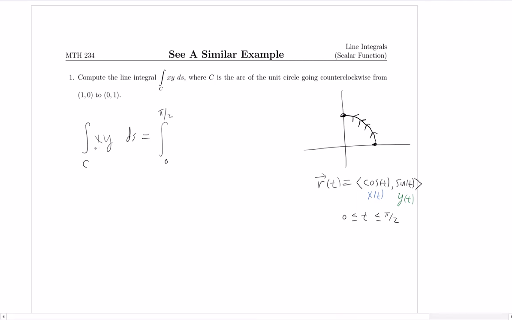And then we simply replace x and y with the component functions of our parameterization. So x was cosine t, y was sine t,